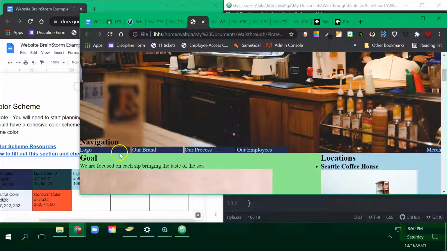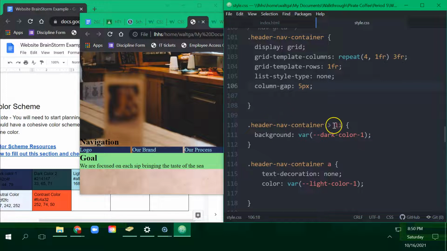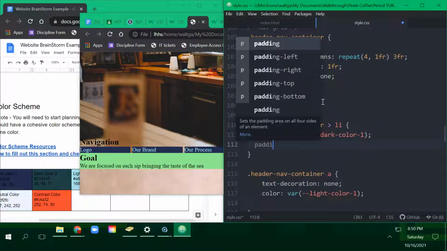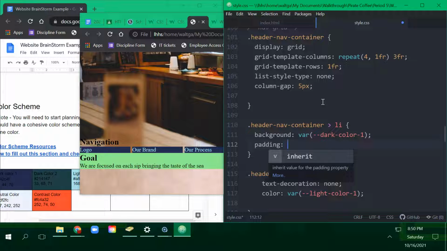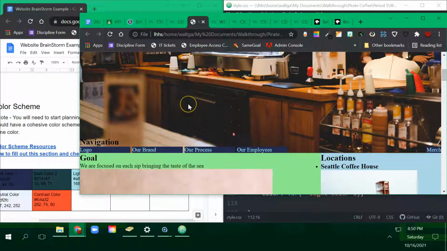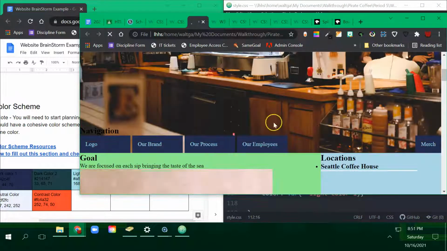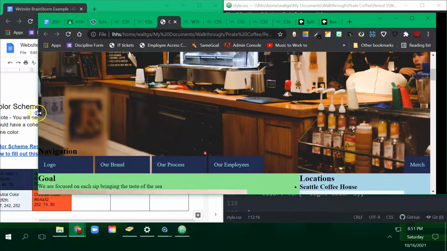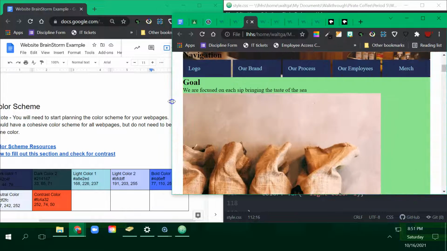If it looks like it's too close to the edge, I can actually give padding to it to make this bigger. So all line items, I can give some padding. So maybe I want to give padding of a little bit of space all around. And now those look a little bit bigger. That looks a lot better. Okay, and then when we size down,